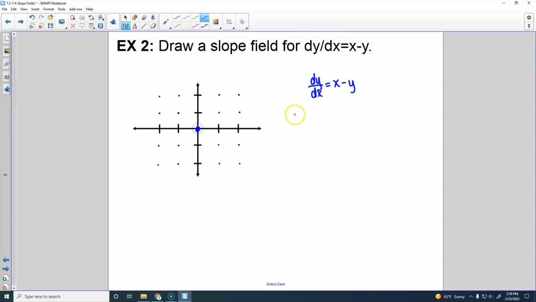So all you do for this, now, if I have the point 0, 0, my slope will be x minus y, which will be 0. So a 0 slope is a horizontal slope there. How do you draw the line if it's